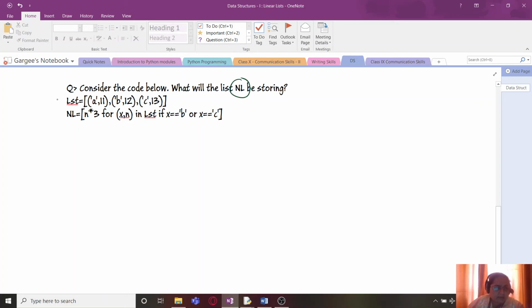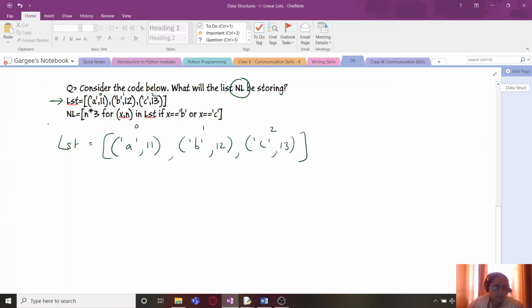We already have this list first, which consists of individual tuples. So 0, 1 and 2. So already there it consists of these values. Right? This is the first element, second and third.